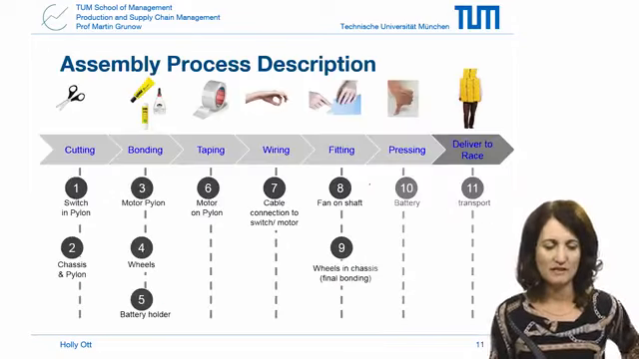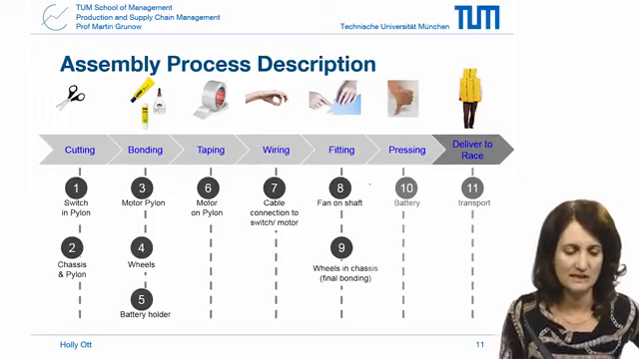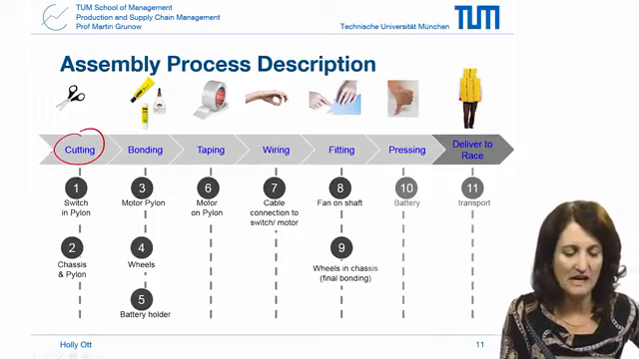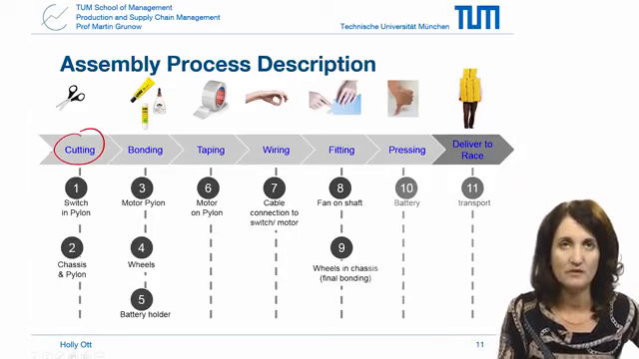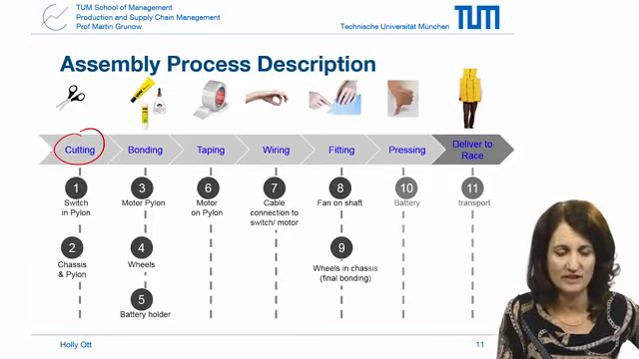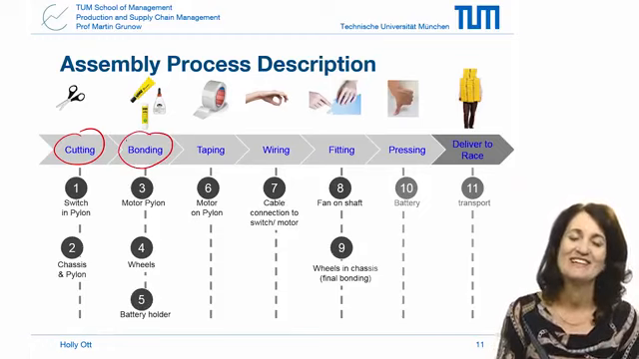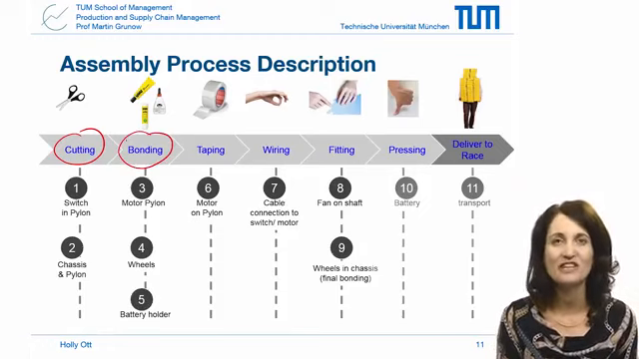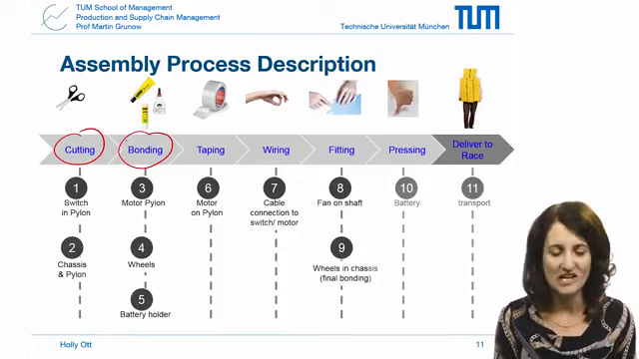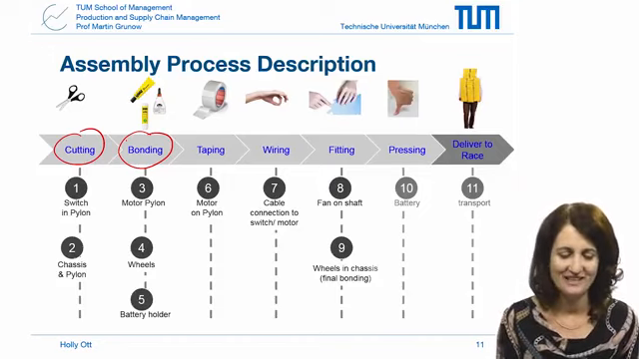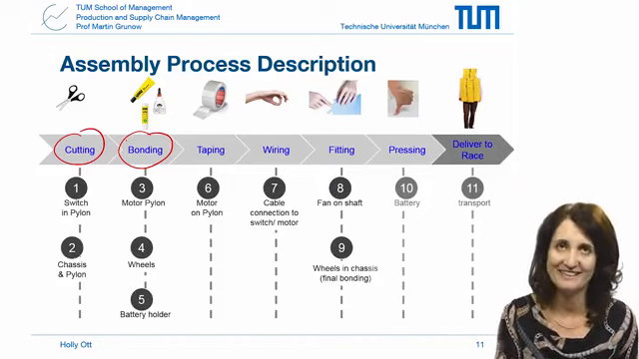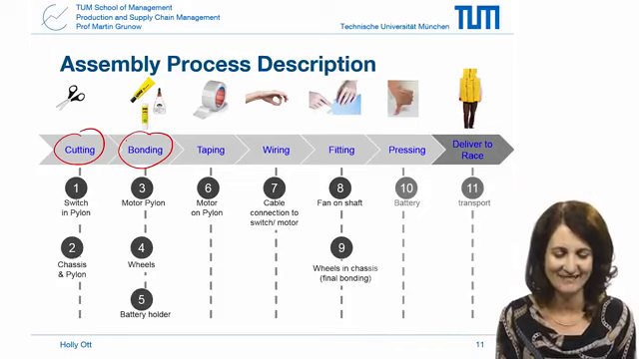If we look at all of this, you've got an assembly process description. First, they have to do some cutting. They have to make sure they cut a hole for the switch, for example. Then they have to do bonding. So bonding today is very interesting, especially when you're talking about electric vehicles that need to be very light. In our case, we're using glue. But that ends up being quite a risk area in this